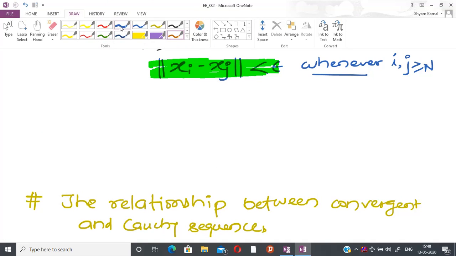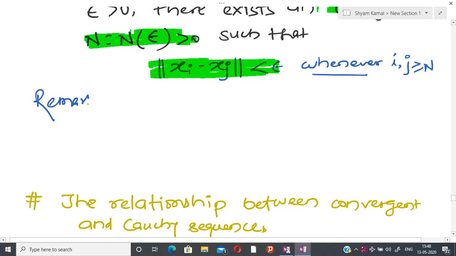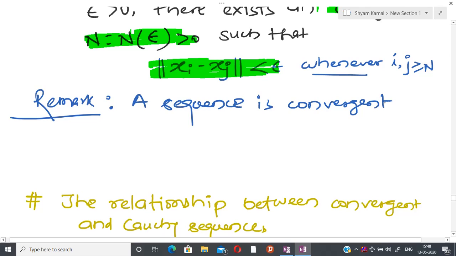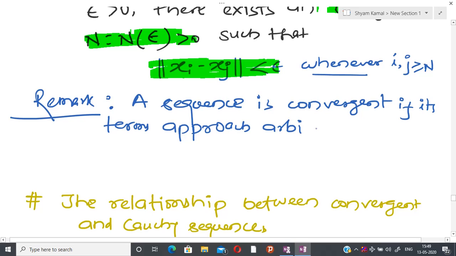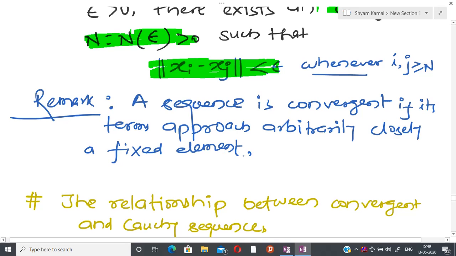The remark is that a sequence is convergent if its terms approach arbitrarily closely a fixed element, and that fixed element is the limit in the higher dimensional space. So in this way we are also able to visualize the limit in higher dimensional space,